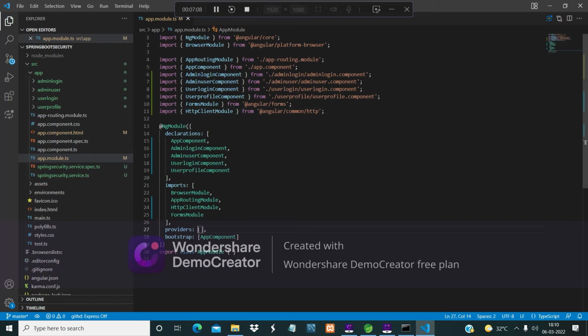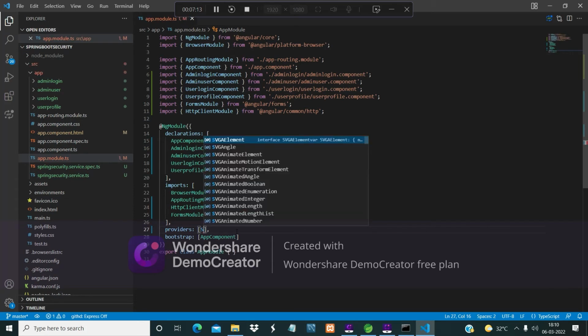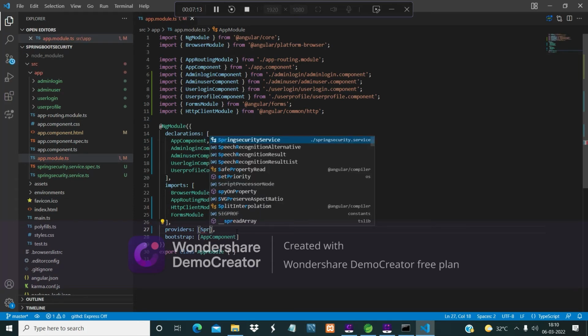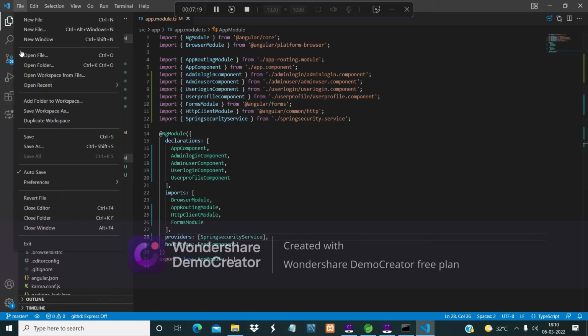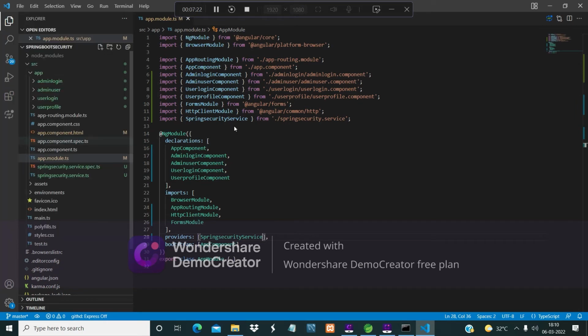We have to add the service provider here, the Spring security service. And save the file. So our app.module.ts file is ready.